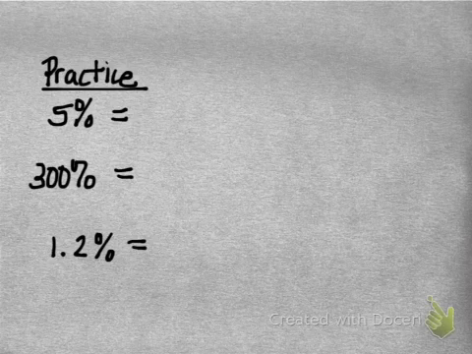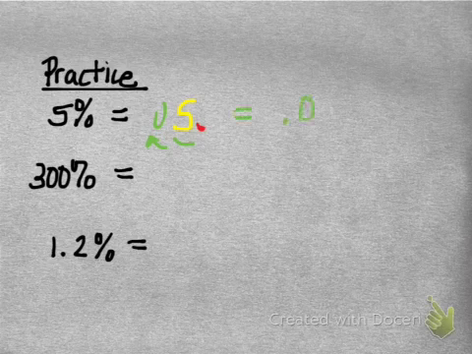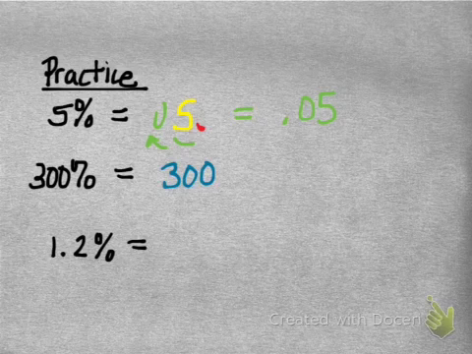So our first one here, you put the whole number 5 down, and then you have to move that decimal point. It's currently right there, and we need to move it 2 spaces to the left. So if you just slide 2 spaces left, 1, 2, you have to add a 0 as a placeholder, and that gets you 0.05. I know it's kind of hard to see with that green. Sorry on the color choice. So 300%. The decimal point is currently at the end, and we want to move that 2 spaces left. So we go 1, 2, and that'll give us